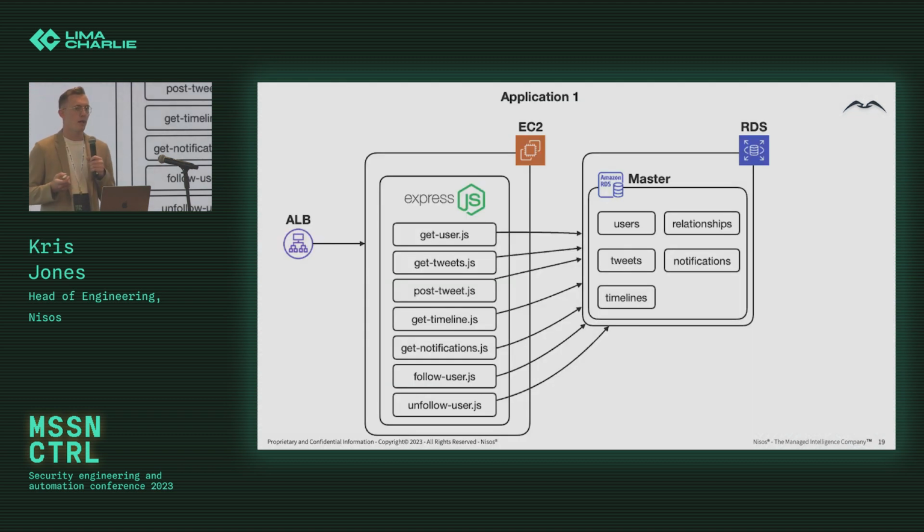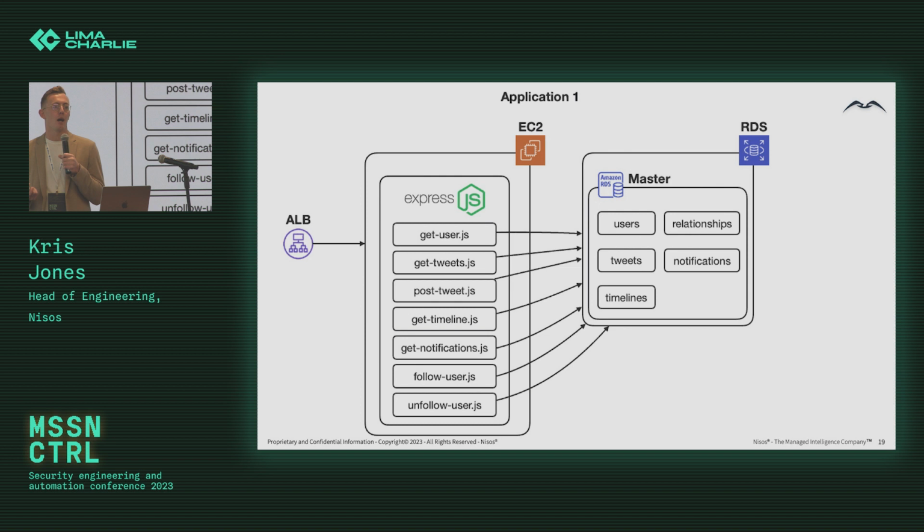So what does this look like from a serverless infrastructure standpoint? This is your traditional monolith server. A very basic example where you have your EC2 instance with Express.js running, and all of your major functions are all running within the same box. So anytime you hit an API request, that EC2 instance is servicing that specific request. If you look here, we have the likes of get user, get tweet, and get timeline.